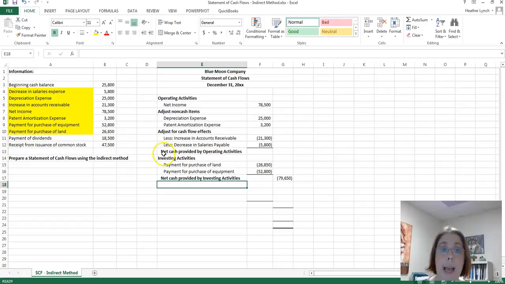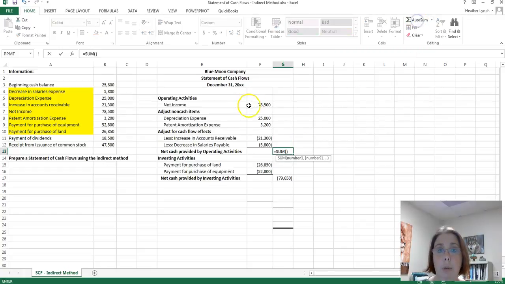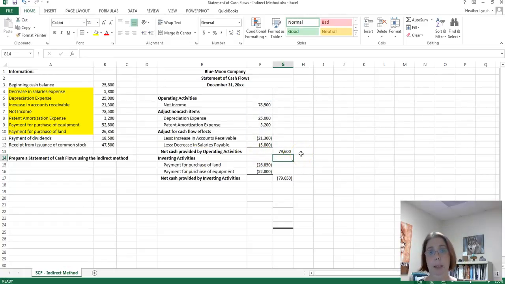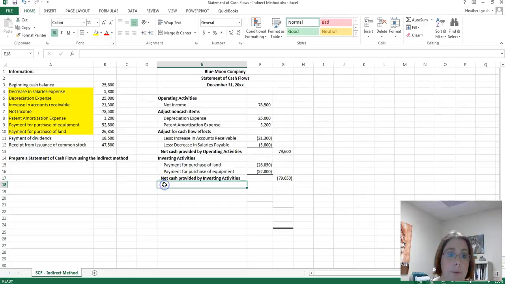Oops, I apologize. I did not total my net cash provided by operating activities. I gave you the title, but I did not total those. So that totals the $78,500 through the negative $5,800. So we have net cash provided by operating activities of $79,600. We have investing $79,650. So we did operating, investing. Now let's do